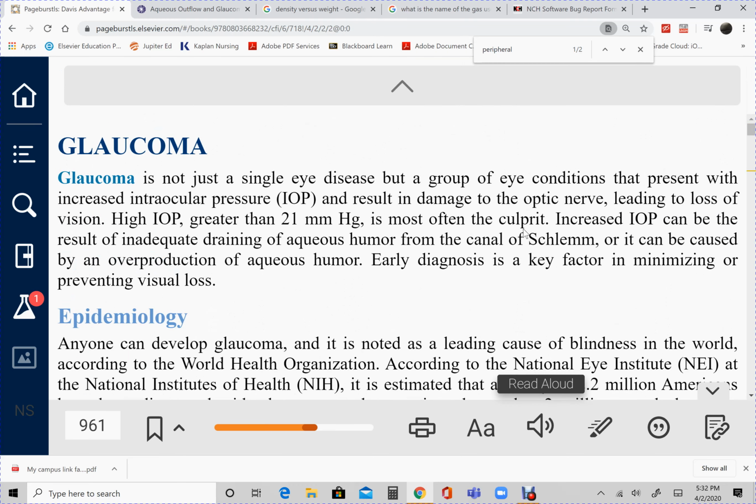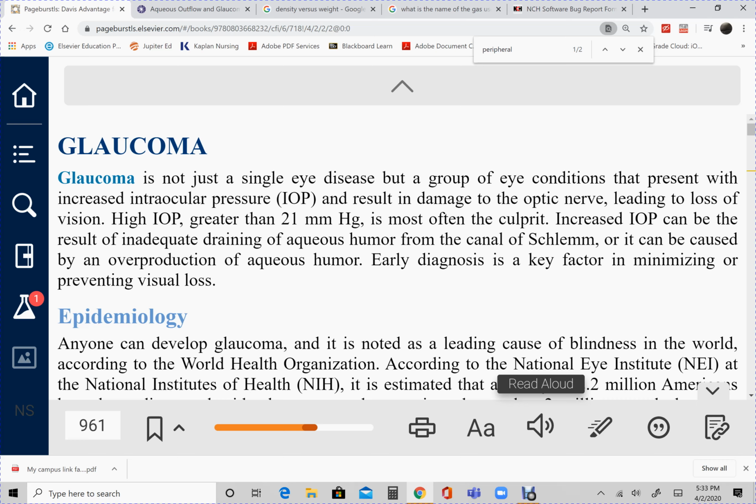So the problem in glaucoma is increased intraocular pressure. There are various reasons we'll discuss shortly under risk factors and causes. The problem if your intraocular pressure is increased is it's inside an enclosed space. The eyeball doesn't really have much compliance, just like the skull. The skull has limited space. It can only allow for minor increases in volume and pressure inside it. Same thing within the eyeball. You can't really add